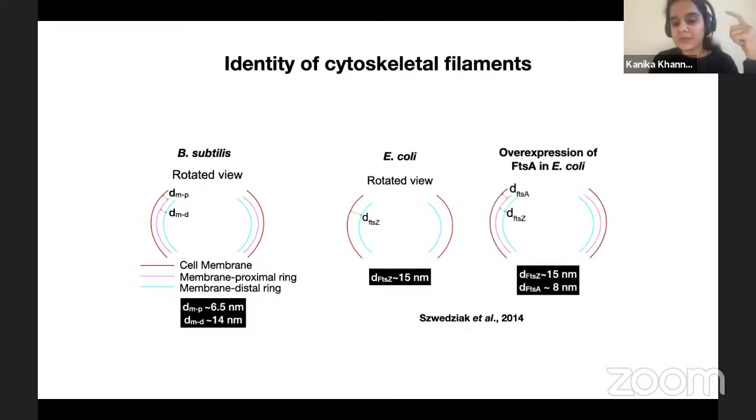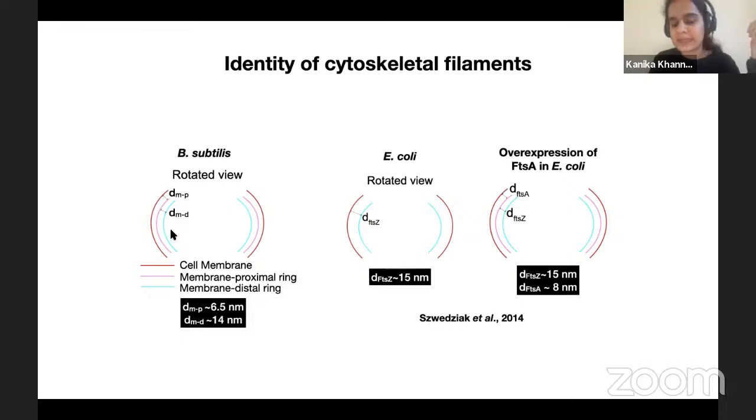when they overexpress FtsA, which is also a protein involved in cell division, and it's an actin homolog, and it anchors the Z ring to the membrane. So when FtsA is overexpressed in E. coli, they start seeing FtsA between the FtsZ ring and the membrane in E. coli as well. So this was our hypothesis that probably in B. subtilis, the membrane proximal ring that we see corresponds to FtsA, and the membrane distal ring that we see